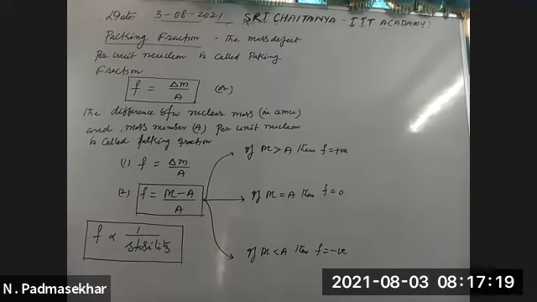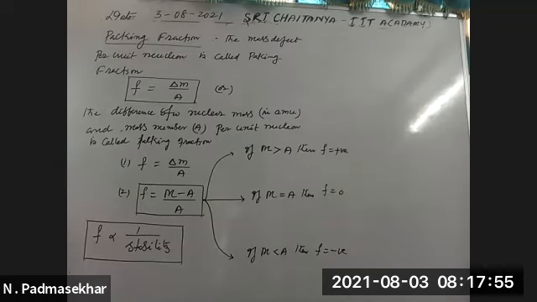So the mass defect per unit nucleon is called packing fraction. Packing fraction is equal to delta M by A, or the difference between the nuclear mass in AMU and mass number capital A per unit nucleon. So F is equal to delta M by A, F is equal to M minus A by A. The packing fraction is inversely proportional to stability. If capital M is greater than A, then F is positive. Capital M equal to A, then F is equal to 0. Capital M less than A, then F is negative.